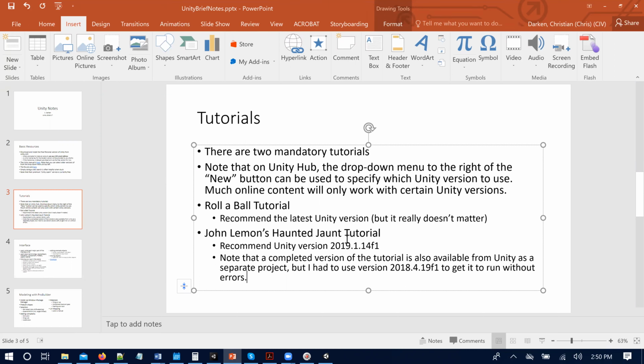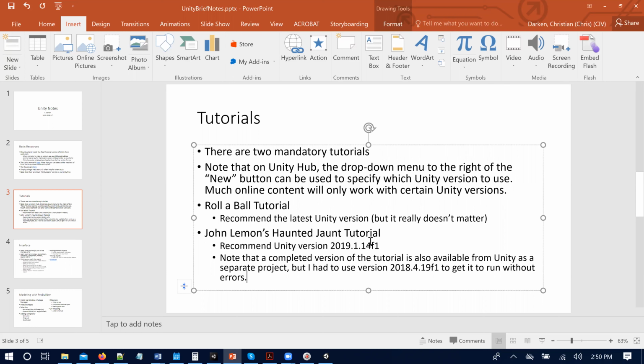What they give you for the Haunted Jaunt is a starter project. This is a project that's very much not completed, but it has art assets. It has some of the code, so you're not going to have to build it all yourself. You download that and use it to start the tutorials. If you don't have that, you'll right away be going, well, what are they talking about? I don't have that. Okay, download the starter project. They also have a completed version of the tutorial that's all 100% done. You can just run it. You can see what it looks like, what you're aiming for, right? All of it's done. That's also pretty useful to have.